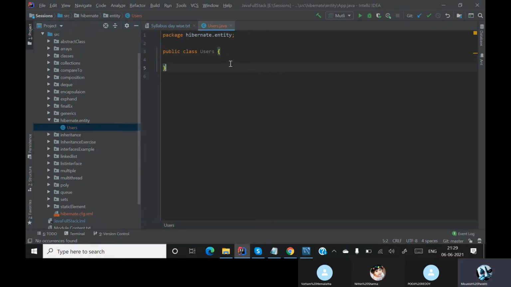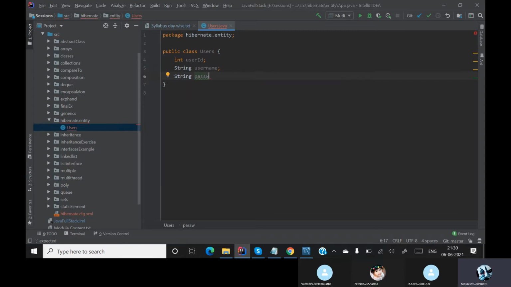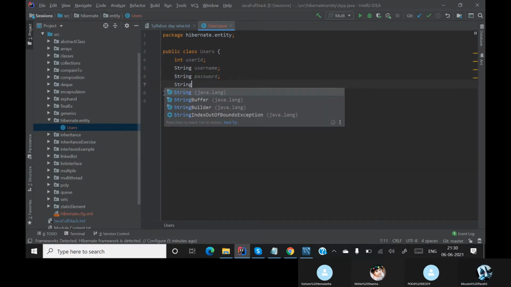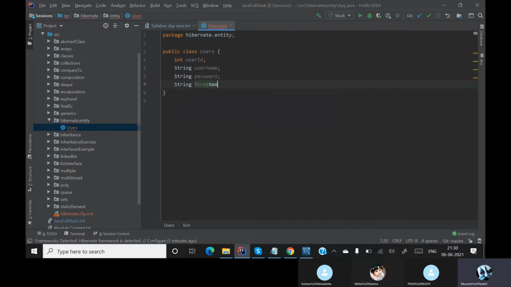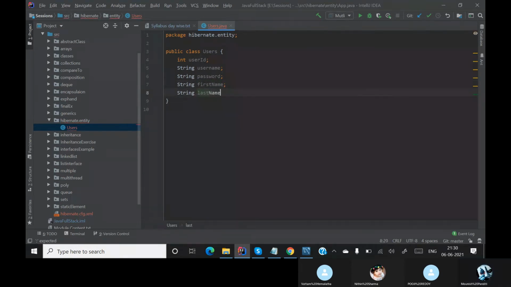So inside this users class I'll create int userId, string username, string password, string firstName, string lastName. Okay, these are the properties of our user class.